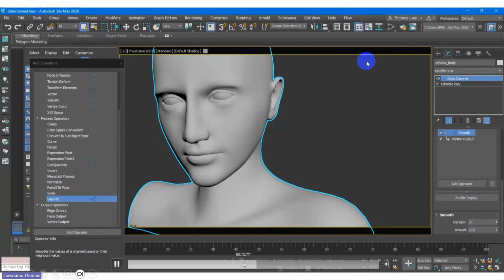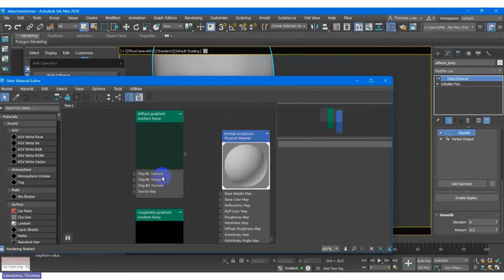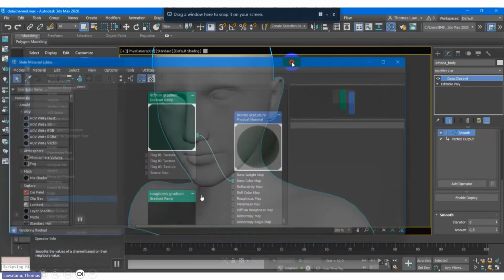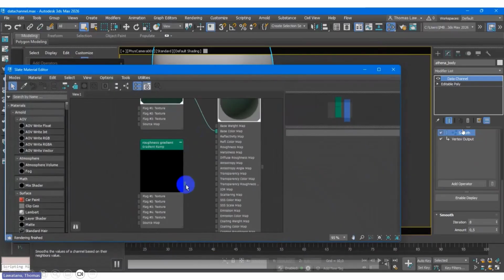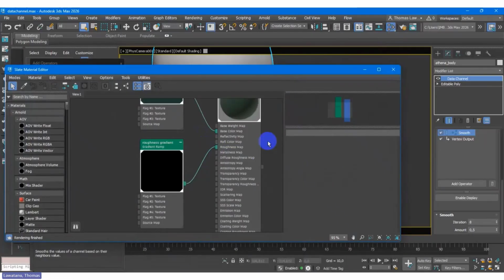Okay, then we go to the material editor. You can hook the material so that the material can have the data, because the data channel will be like this information inside your object.